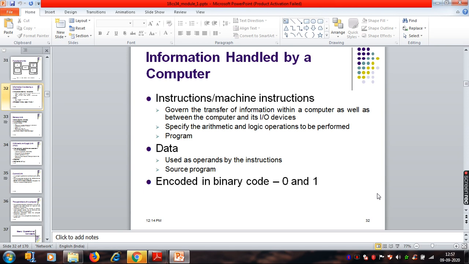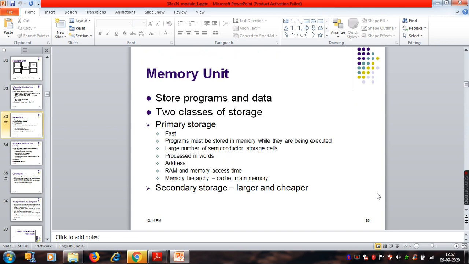Okay, so basically, instructions are nothing but a program. A program is nothing but a set of instructions which are executed sequentially, one after the other, to perform one specific task. Right? To perform a specific task, what is needed? A program is needed, data is needed. Whatever you give will be converted into a form the computer hardware understands, which is binary, zeros and ones.